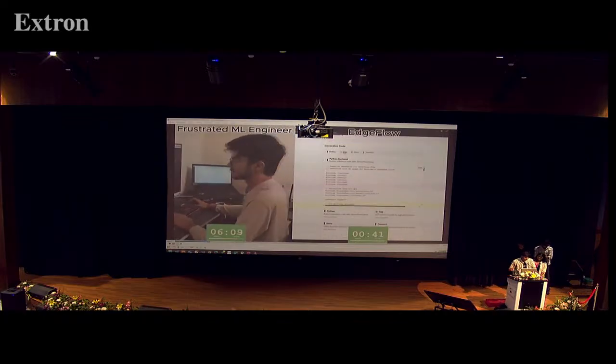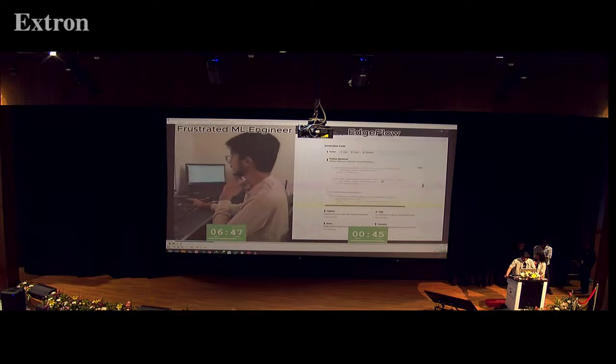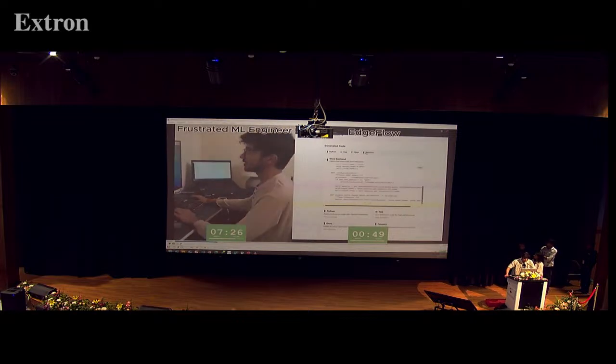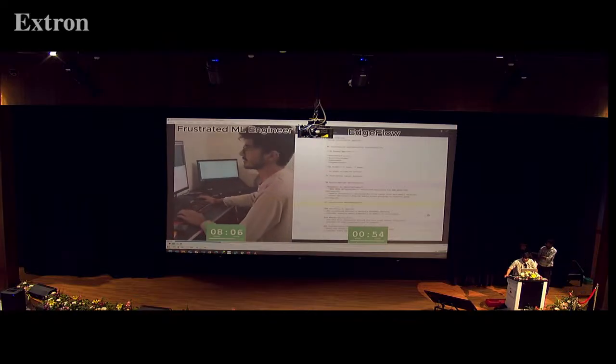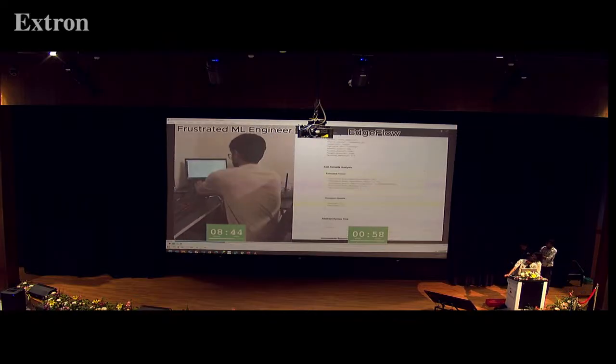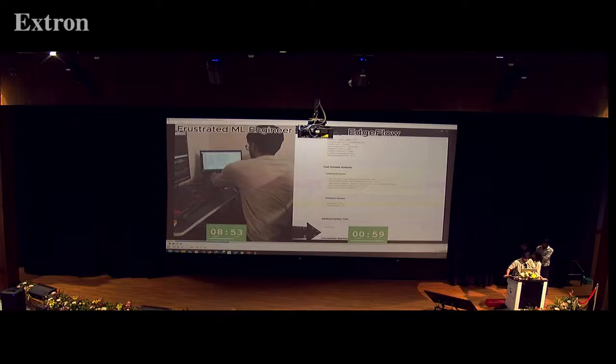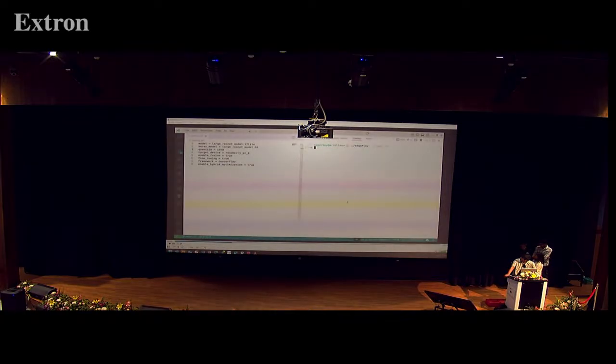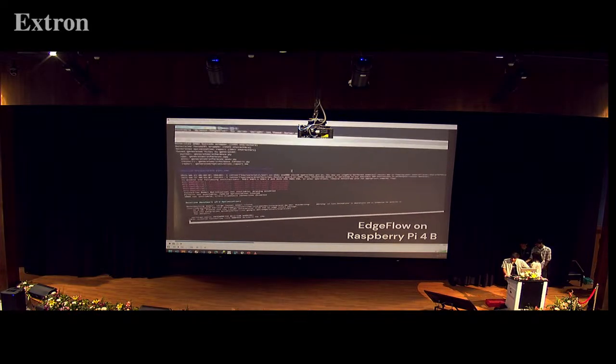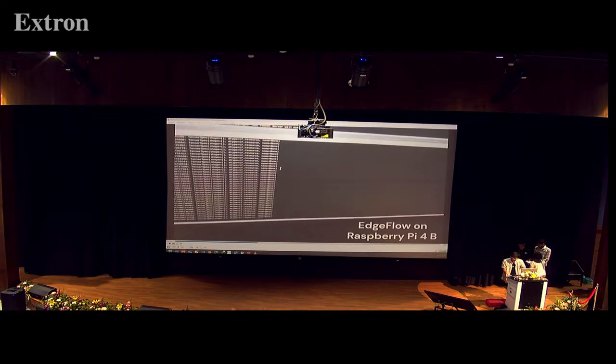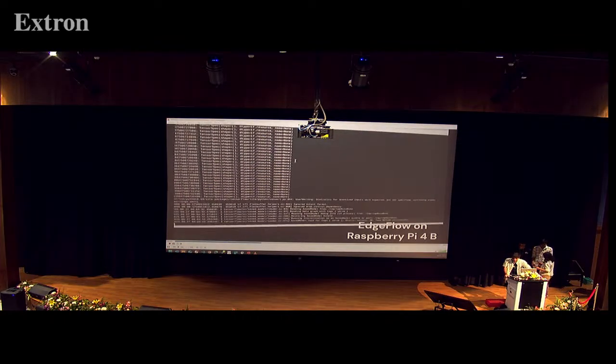The front end, in one single click, after writing the config file, generates code in all languages. It performs hardware-specific optimization. It also generates and displays the benchmark results, as you can see. The difference in time is really visible. While running Edgeflow, it also checks your model for compatibility and performs semantic validation. So this is the demonstration of when we use Edgeflow to deploy a large ResNet model on a Raspberry Pi 4.